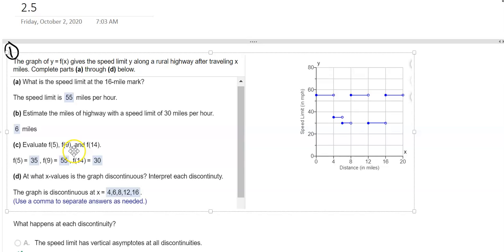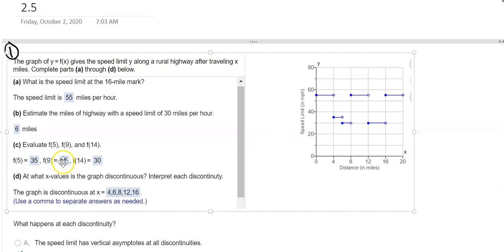And then here we're going to be evaluating, so it's giving us what is F at the mile marker of 5, what is my Y value at the mile marker of 9, what is the Y value or speed limit when my X or my mile marker is 14. So I go to 5. Where is 5? I don't know. It's not in the middle. It's a little bit closer to 4. So I follow that up, and I see I hit right here, and that is about at the 35